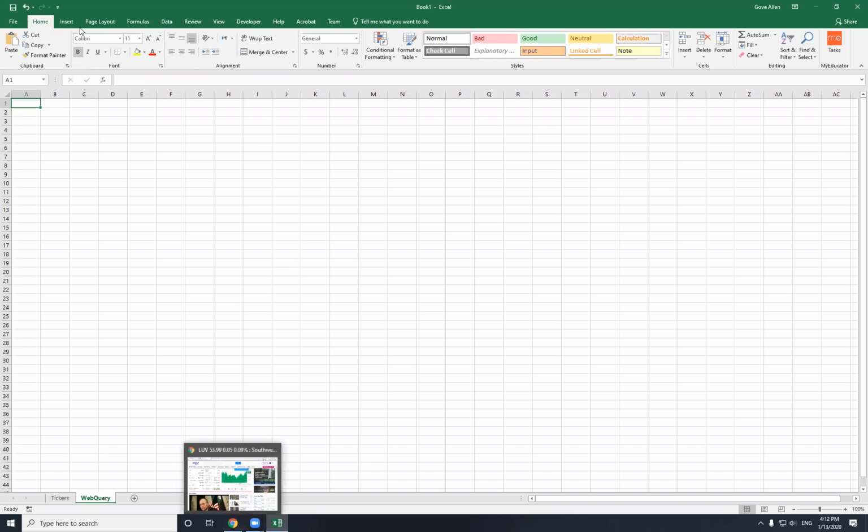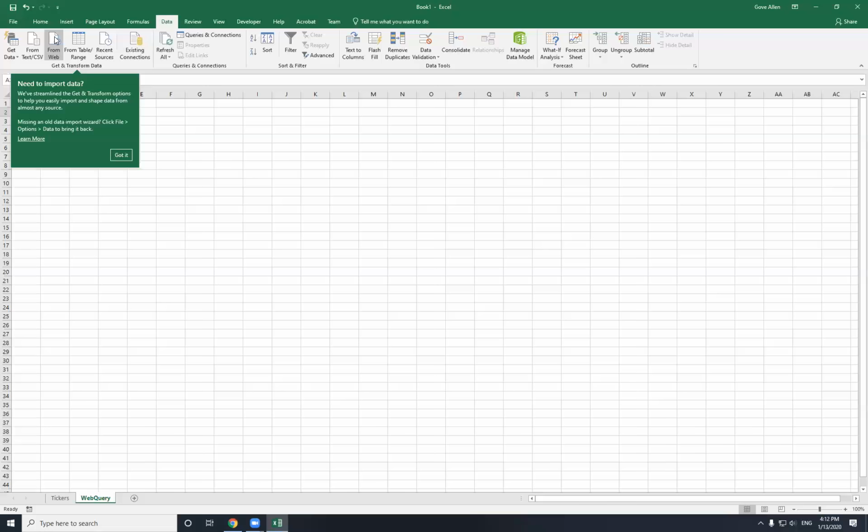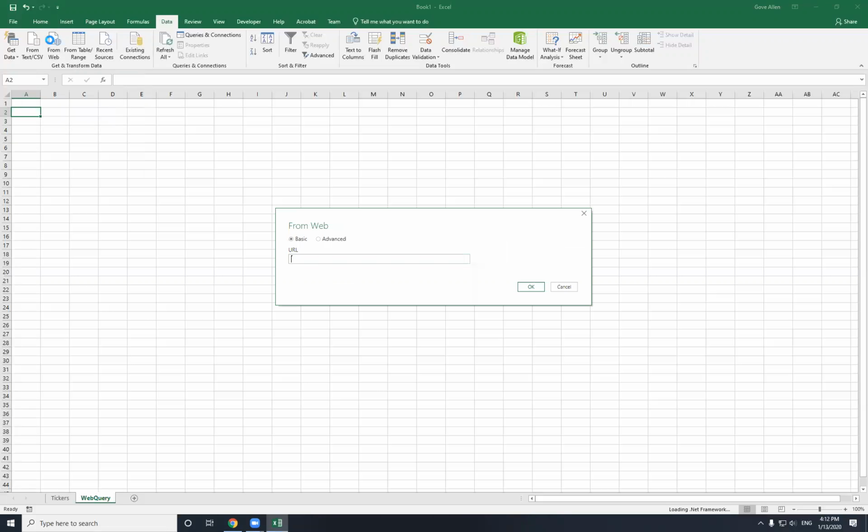Okay, so I'm going to start myself on A2 instead of A1. I've got something else in mind for A1. We'll get to that in just a bit. But I want to put a web query right here. Now, it turns out that if I choose data from web, this will open up the web query wizard. This web query wizard was released in 2017. And the web query wizard before this was a little bit simpler, but